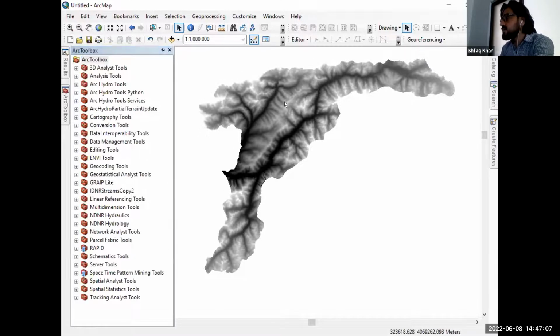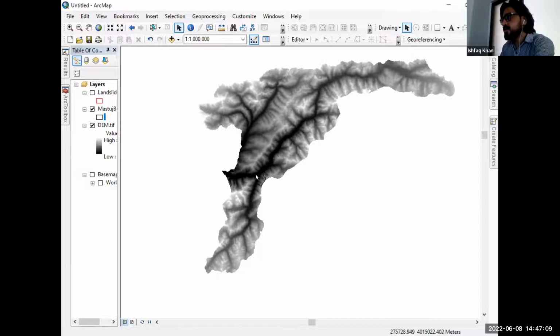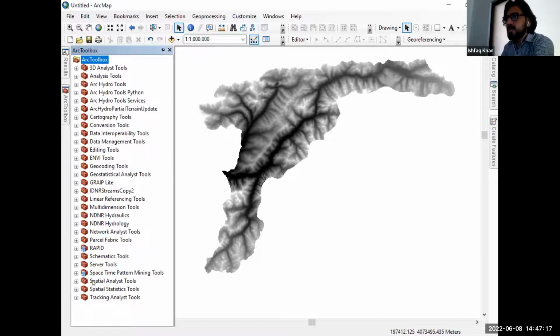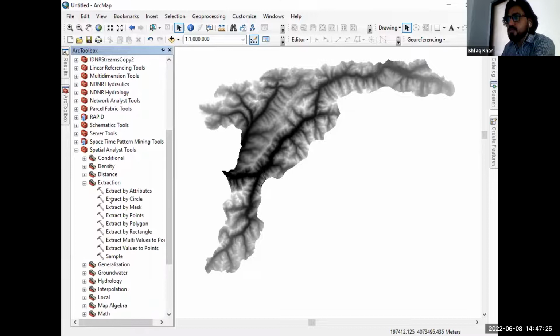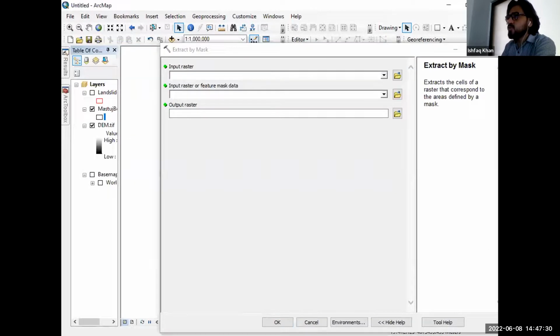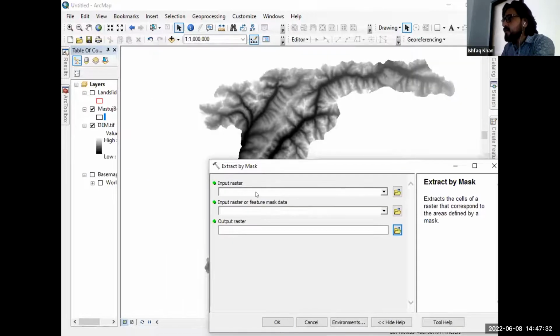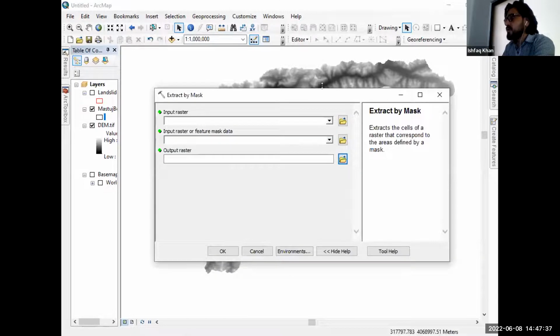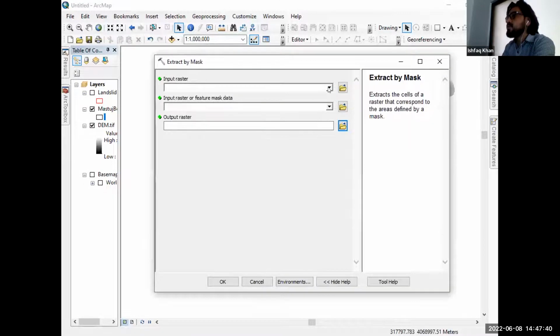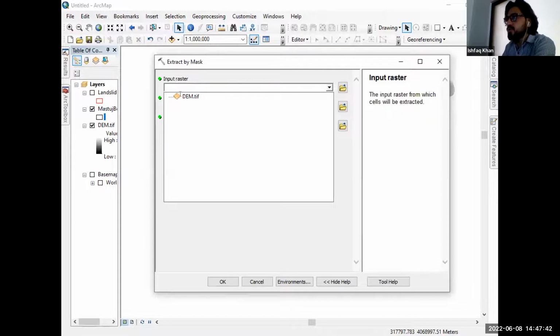Now we have the DEM of the whole area, whereas before I had put the DEM of the specific area. So we need to use a tool called Extract by Mask. This tool is in Spatial Analyst, under Extraction. We need to click on this tool. It extracts the DEM of the zone of interest from the whole DEM file. So I put the DEM of the whole area as the input raster,